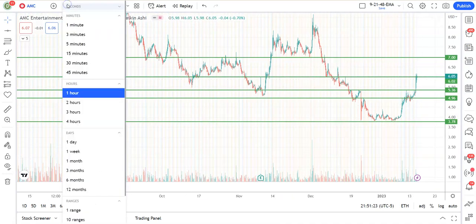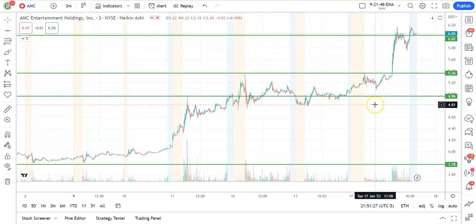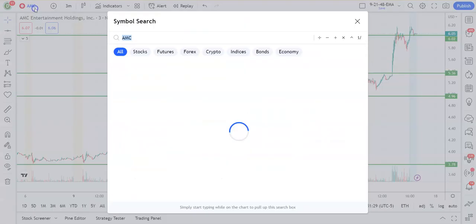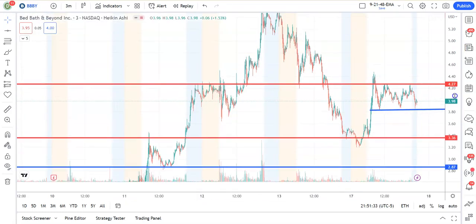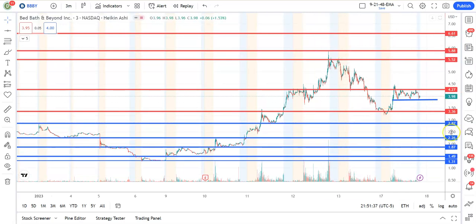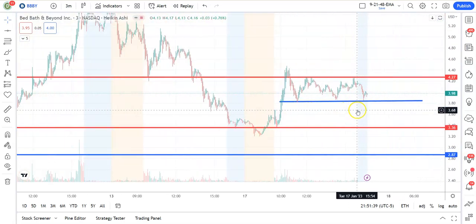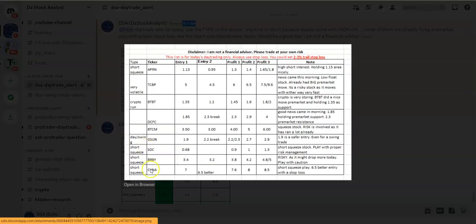Now for day trading, after the 1 hour I go to 3 minute. Then based on the pre-market price action, we make a plan. As an example, if you go to BBY today, you can see that this is a 3 minute chart. So based on my 1 hour, I have the big lines, but when I was planning in the morning, you can see how my trade, if you go to my post, BBY, the entry one is